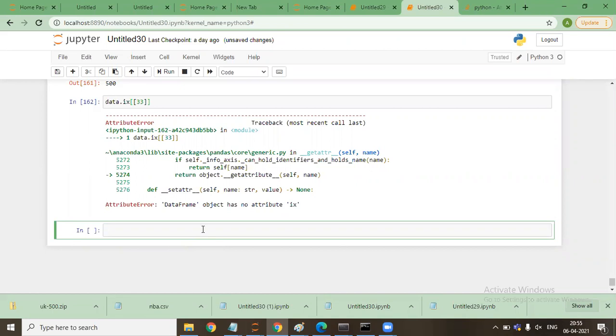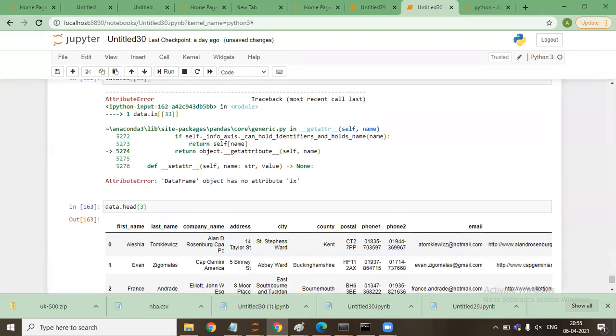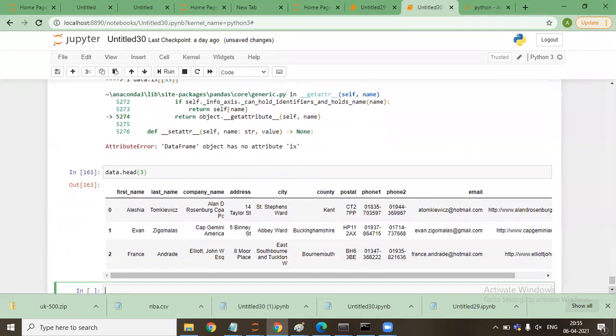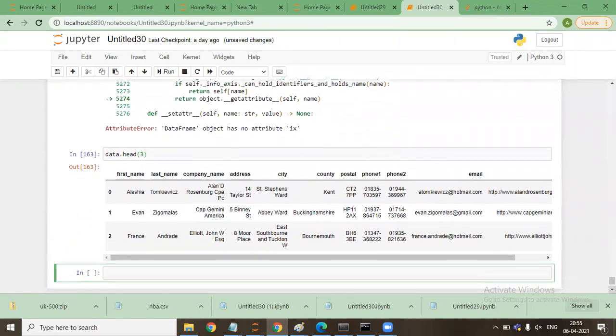So now what we'll do is, I have the data. Let's say I need to find out the names. If I say data dot head 3, it shows the first name, last name, company name, and many more columns.